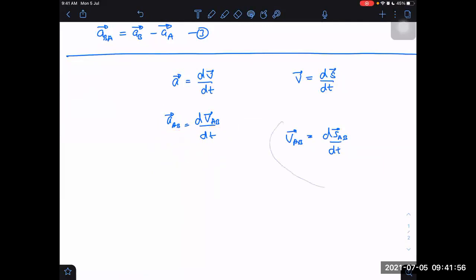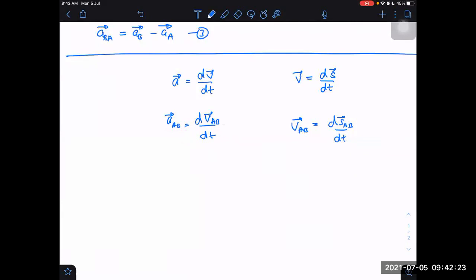What is a common mistake in relative motion problems? A very big common mistake is students take this side A with respect to B, other side just A, or here A with respect to B, other side A with respect to C. That is one common source of mistake. Both sides it should be the same subscript. It cannot be different. If you remember that thing, then you will never commit a mistake in relative motion problems.